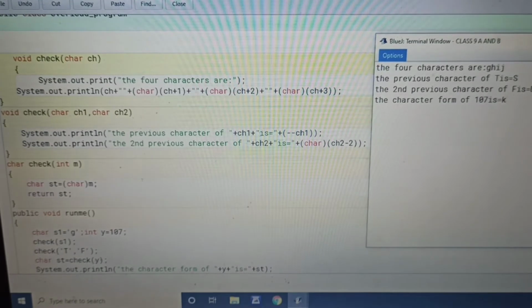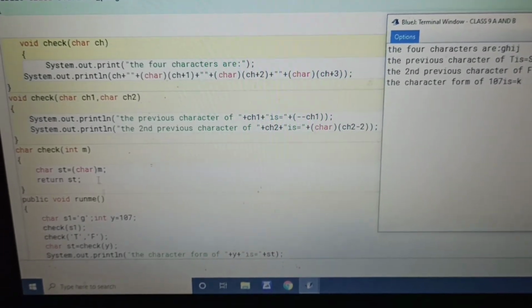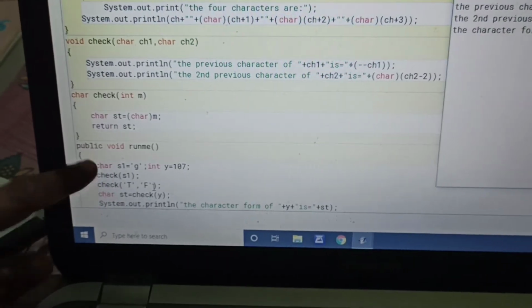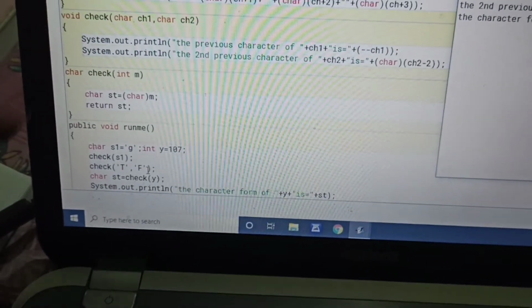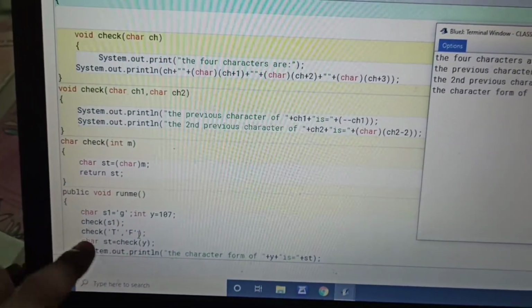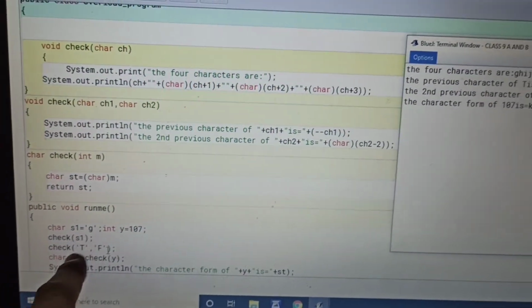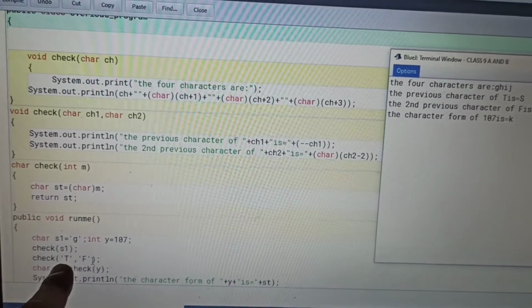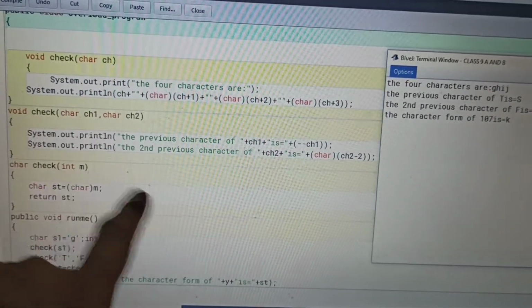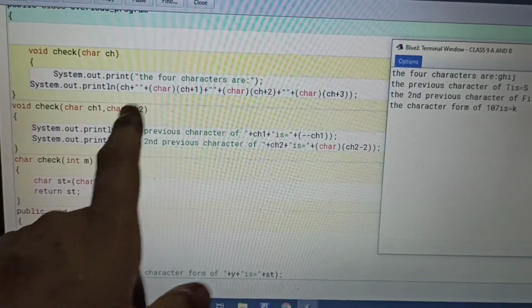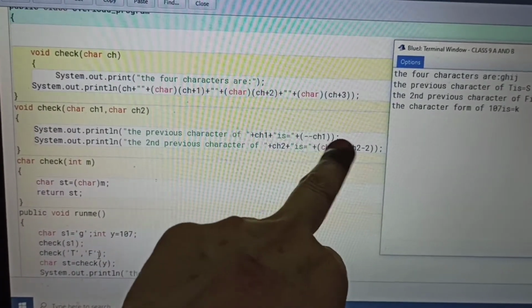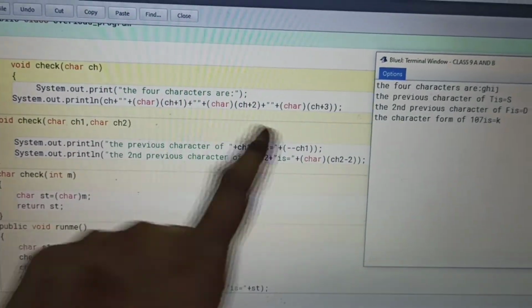Here, as you can see, there is one more check method. Here also, one more time, the next method, the next void check method, is called, passing the actual parameters t comma f, and they are stored in ch1 and ch2. Now just see, here it is doing minus on ch.